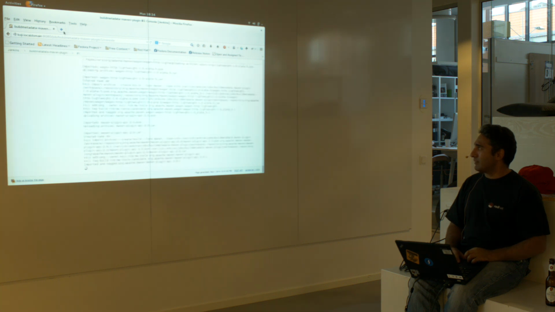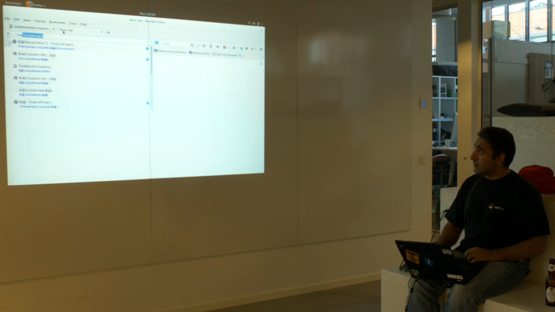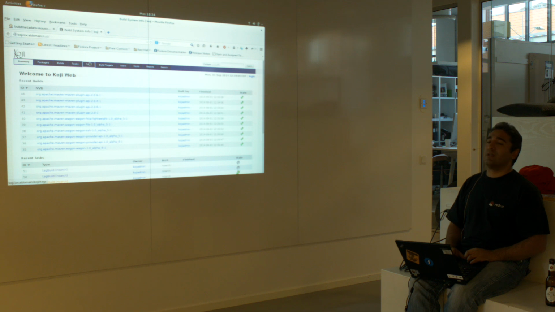So let's have a look at the koji.local domain. So actually, that's right, this has changed. You saw that the build succeeded locally. Well, if it did succeed locally, it gets automatically submitted to your Koji instance. We decided that there's no reason that there should be any user intervention. So at this stage, we're pretty much now submitting the task into Koji.